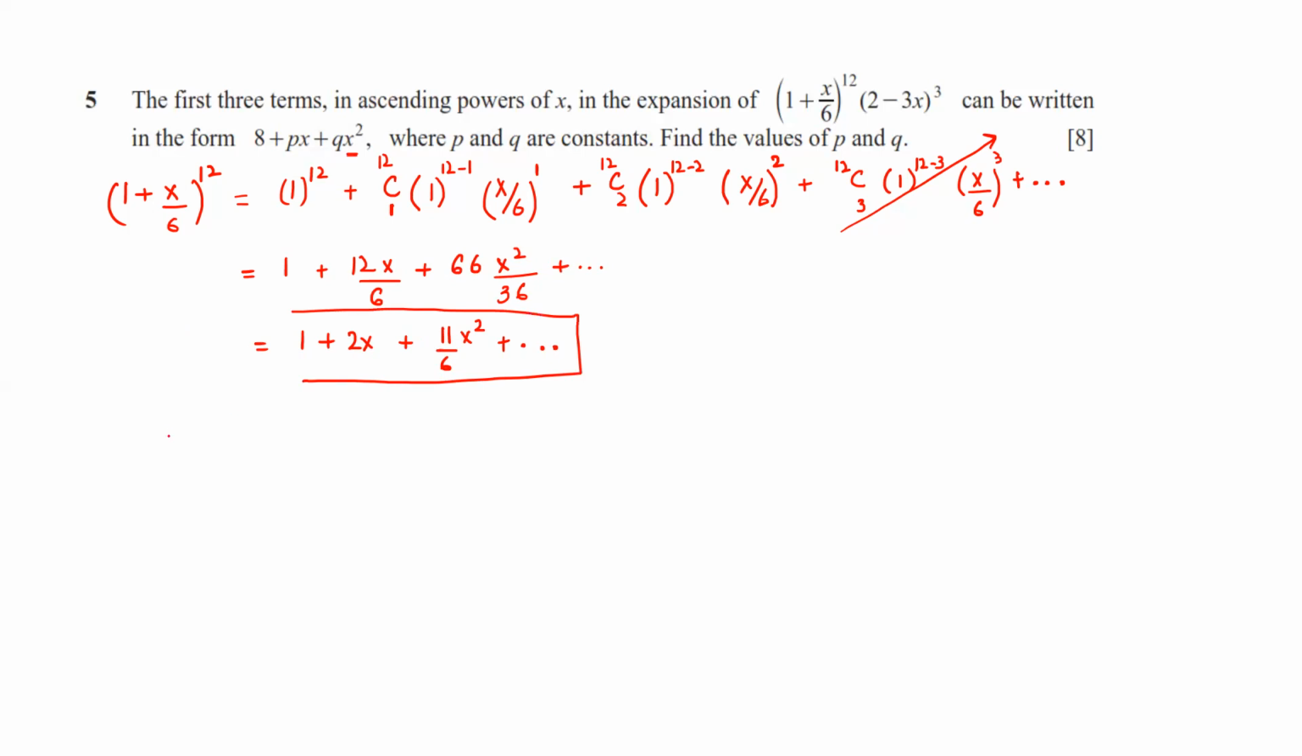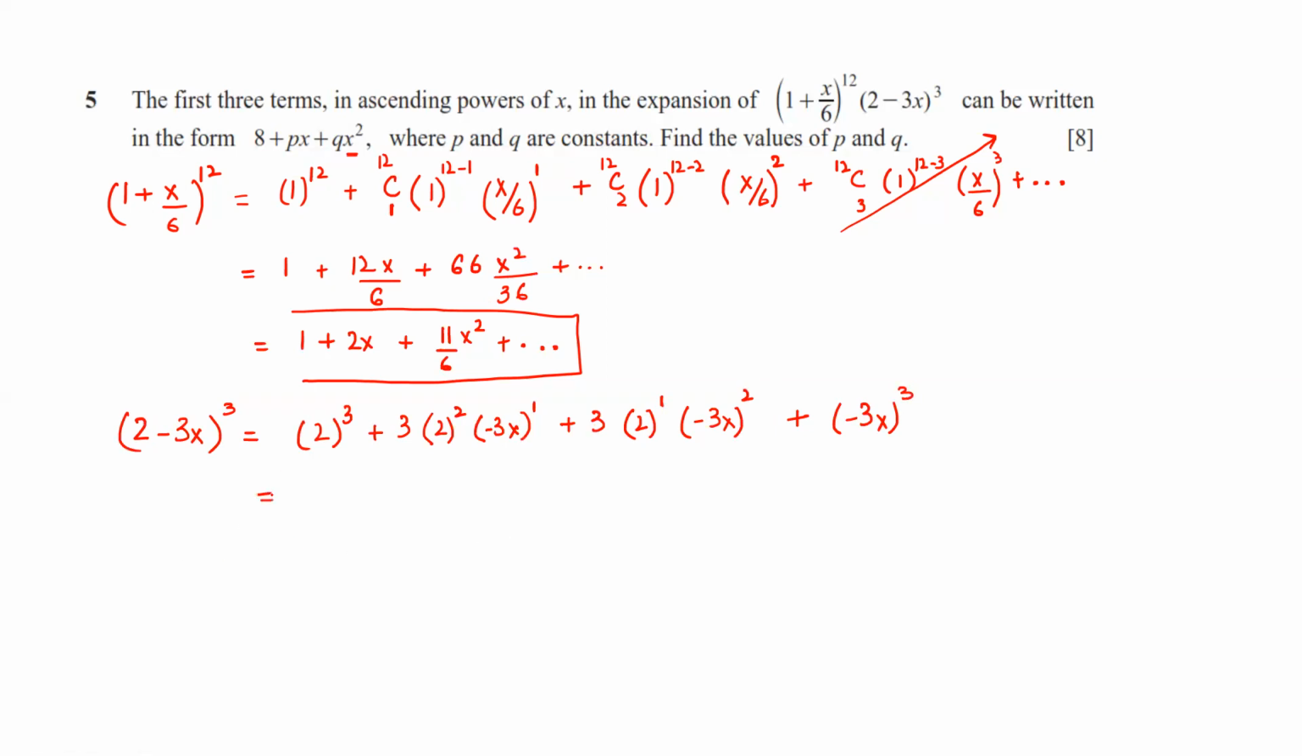we need. Then we also need 2 minus 3x whole cube. So you just simply do the expansion: cube plus 3 into first term whole square minus 3x power 1, then 3 single minus 3x square plus minus 3x whole cube. So if you are going to expand it, it becomes 8 plus